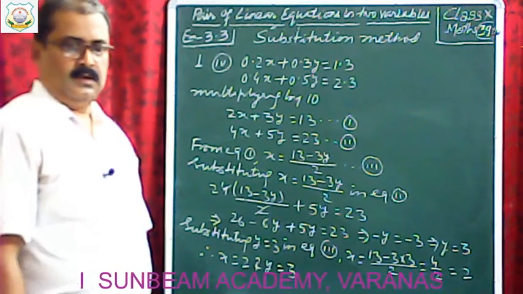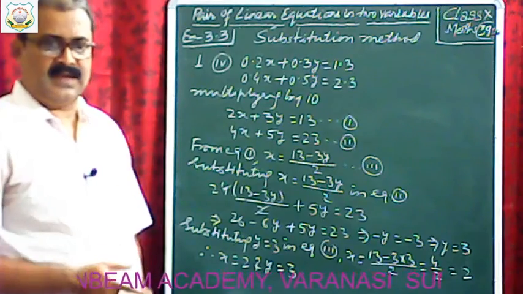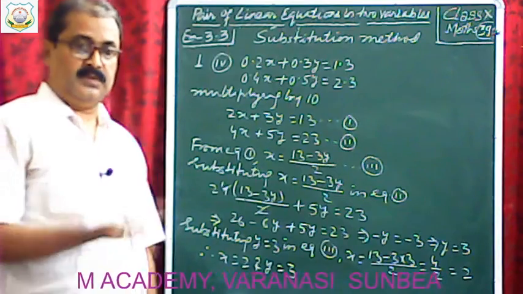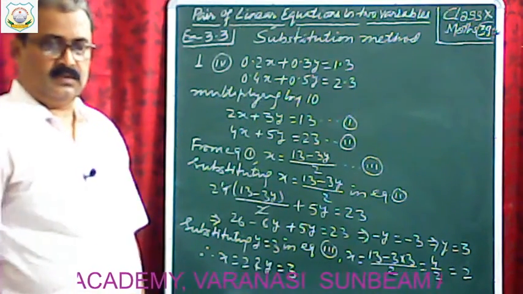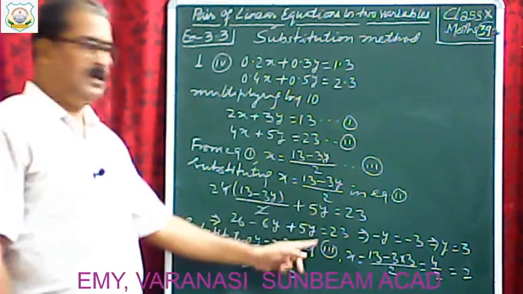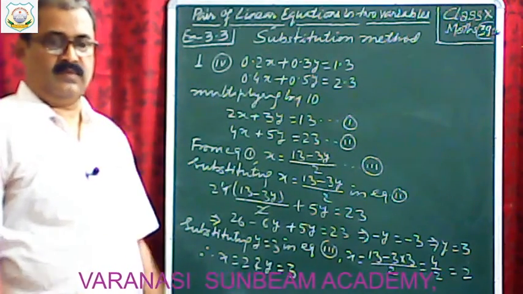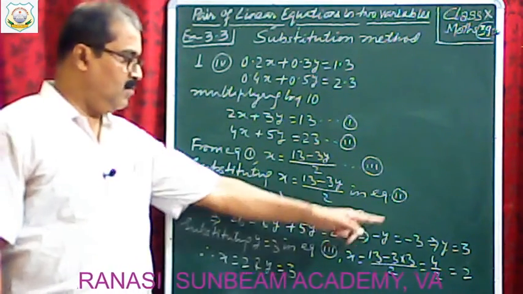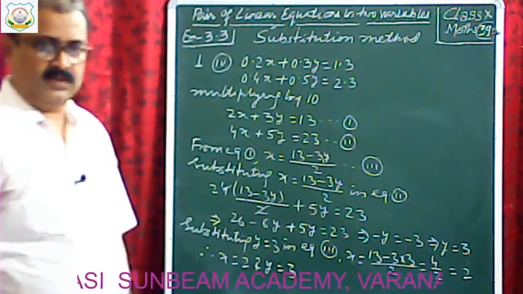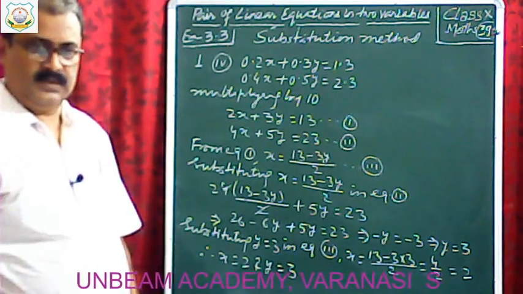Okay. The mechanism is nothing. From one of the equations you have to express either x or y in term of other, and whatever we get, you have to substitute in second equation. We get equation in one variable like this, and find the value of that variable. Thereafter you have to again substitute the value of that variable you get, like y equal to 3, in any one of the equations, and thereafter we get the value of the other variable. Clear?